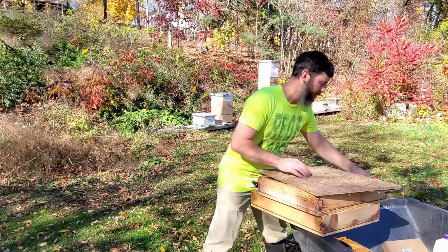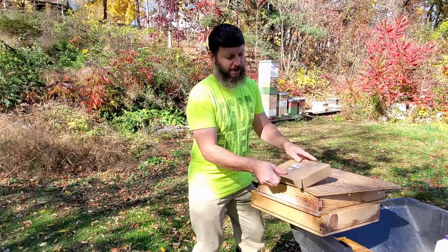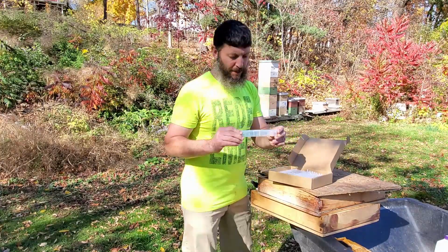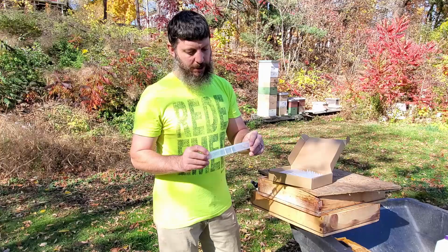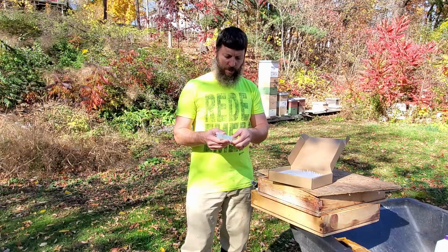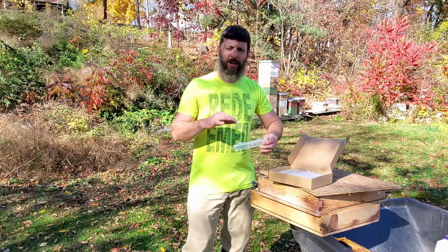And also, it's like one of those infomercials. But wait, there's more. Okay. Also, we have these. These are to capture small hive beetles. We don't always have an issue with them, but I have noticed them in a couple of the hives this year. And so we're going to help with the cooler temperatures, plus